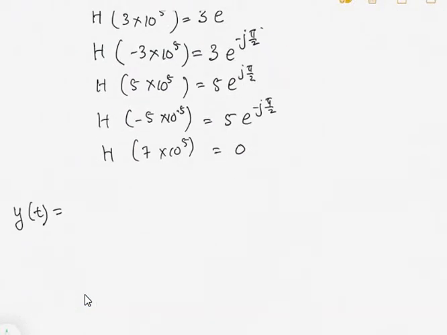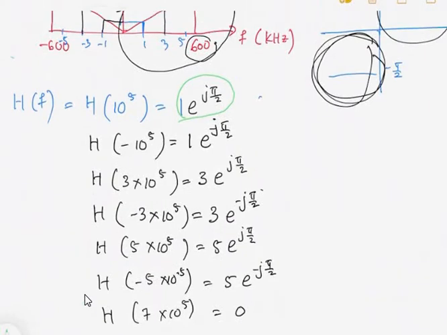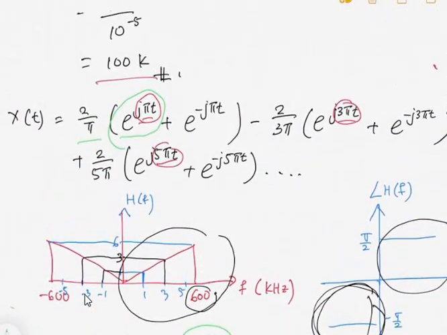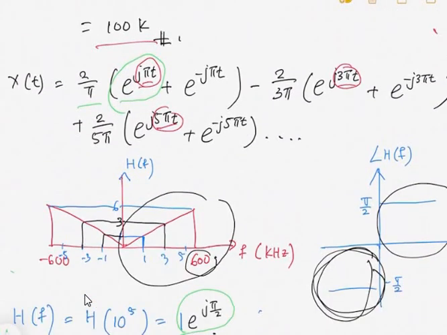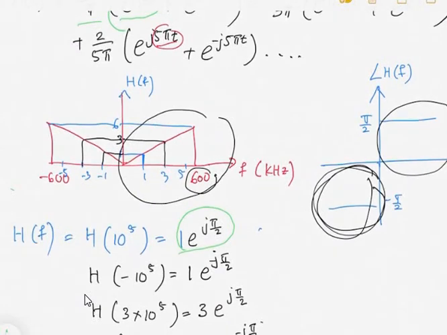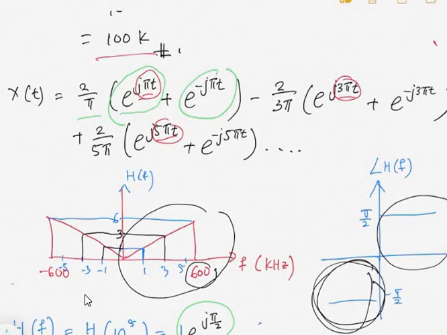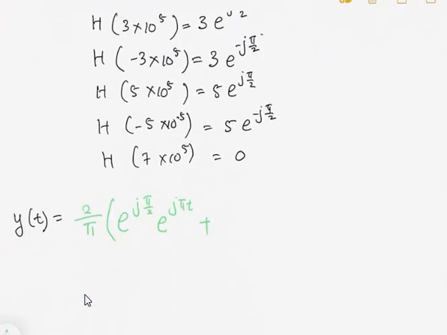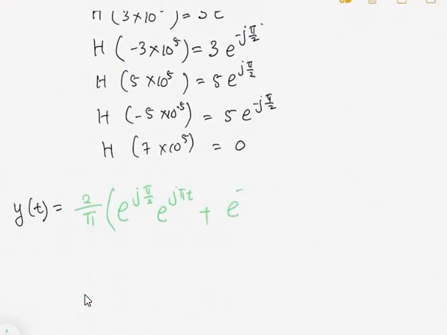So I write here 2 over pi exponent j pi over 2 and then exponent j pi t, plus with this one, plus with negative side, right? And then you have this negative,